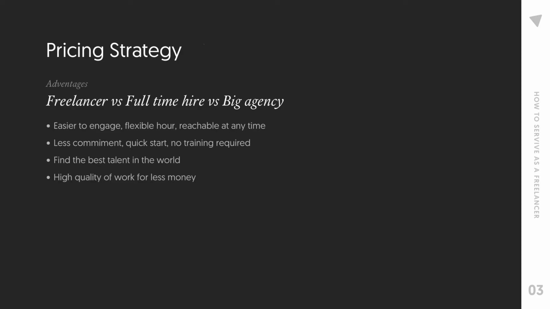So you have to change your mindset and put yourself in your client's shoes and think about what they think when they want to hire you. These are the advantages that I have in mind that make myself more valuable. From the client's point of view, they will think about these things. The first one is, if I want to hire Caleb, he is probably easy to engage, and he will have flexible hours, so I can contact him anytime I want. If I want anything, I can just Slack him, and he will get back to me in time.